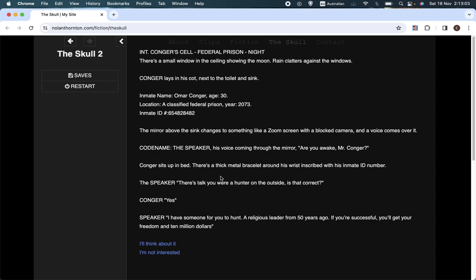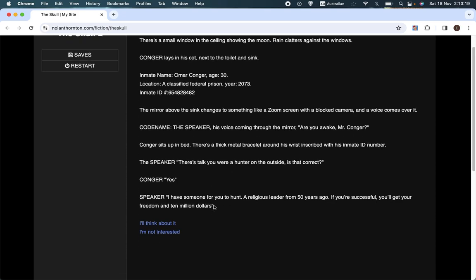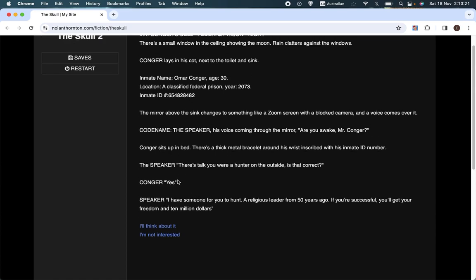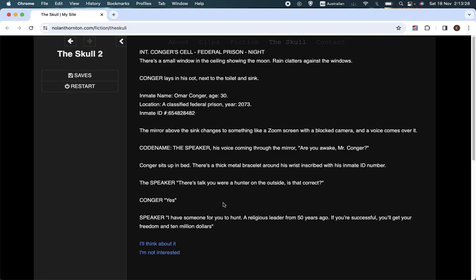Probably most games of this type, certainly mine has a lot of these, have some sort of statistics and inventory and items that you get or don't get, or skills that you have or don't have. This one doesn't. It's a sort of pure, like the old Choose Your Own Adventures. It's text, and then there's a series of choices, and there doesn't seem to be any random rolls or any reference to attributes that you might have, as far as I can tell.